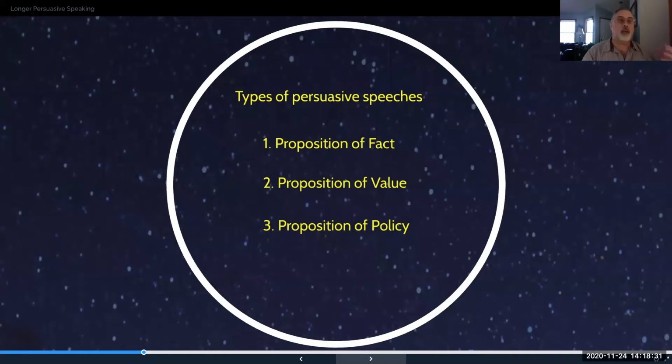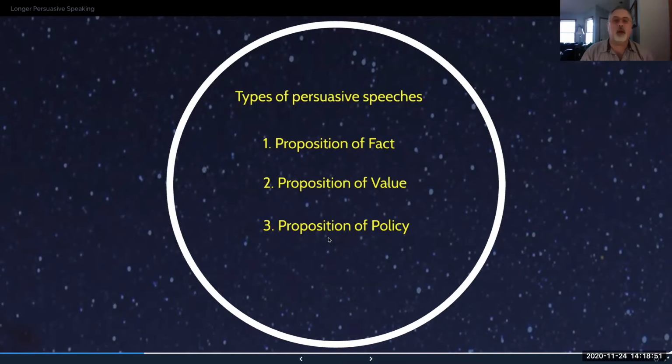Sometimes it's we need to make a change to the laws, which, you know, anybody that gets involved in city government or county government has to go to the city council meetings and argue about should we put parking meters downtown. When we did that in Bloomington, there was a big discussion about that, and that was a proposition of policy. Did we want to change what was going on down there because it used to be free parking?